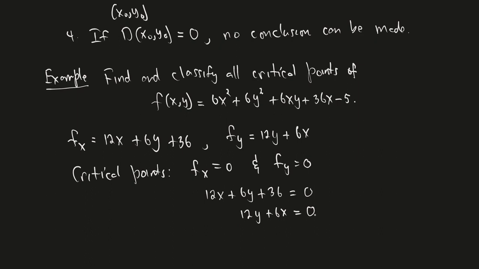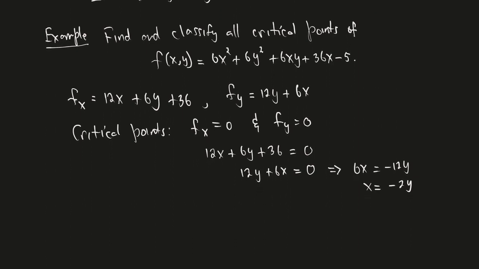I'm just going to do it the old-fashioned way, where I'm going to look at equations and see if I can eliminate anything easily. Here, what I can do is actually solve for x. So from the second equation, I can solve for x. So 6x is negative 12y. So then x is negative 2y, and then I can substitute this into the first equation and eliminate the x,